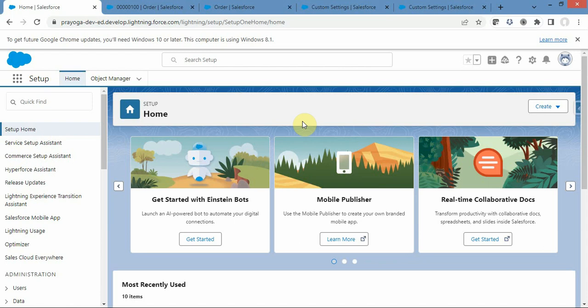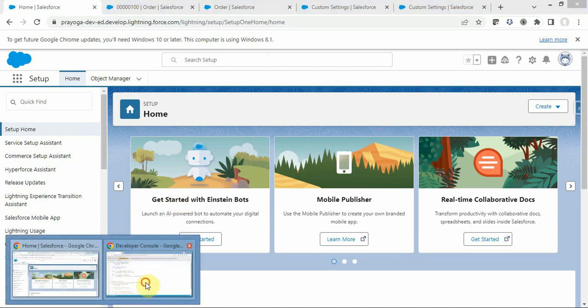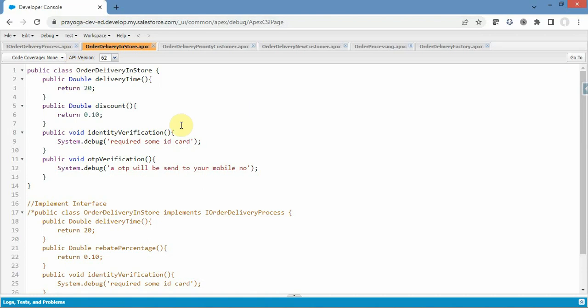So let's not waste any time and let me show you the problem we often face and how the factory pattern can fix it, step by step with a live demo. I have already logged into my Salesforce org. Now let me navigate to the developer console. Okay, so this is the developer console. Now I have some